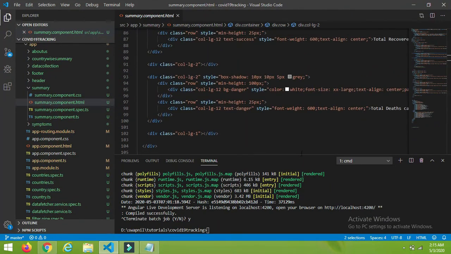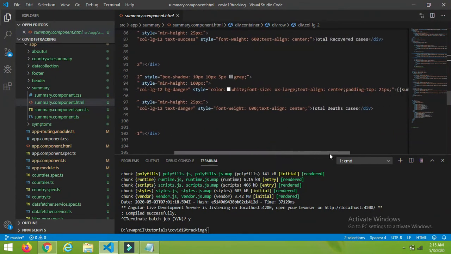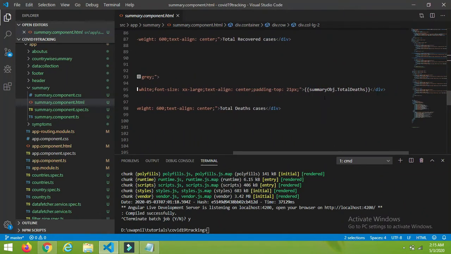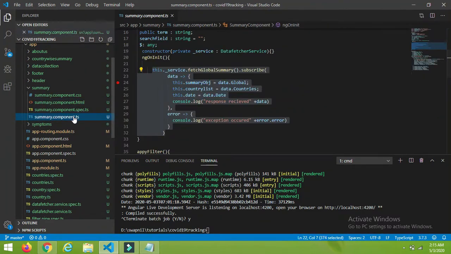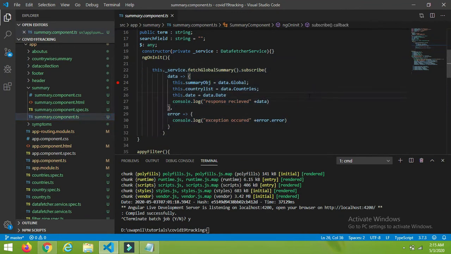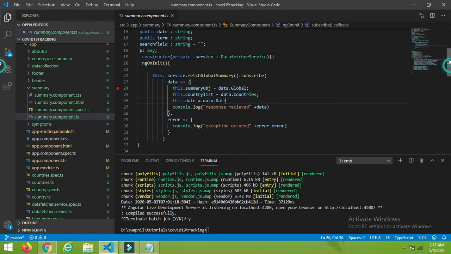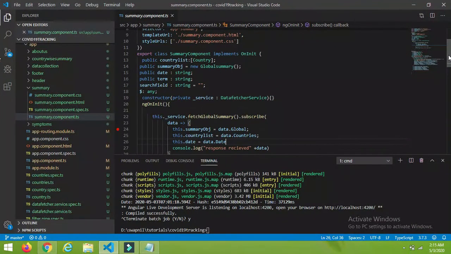Now the main question, we have to fetch this data, right? So first we have to fetch this data. Let's open the component.ts file. In the summary component.ts file, I have injected one service.